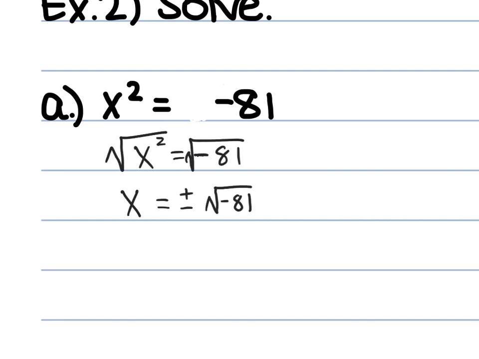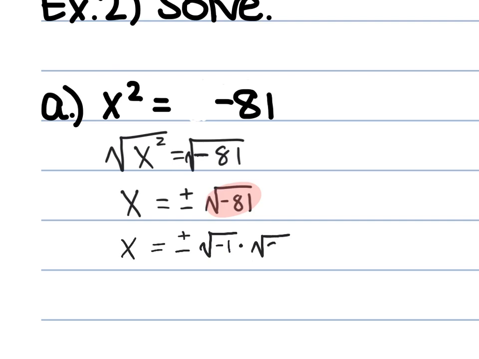Now remember, this is the part that we learned to deal with today. Good. So we've got plus or minus, we are going to split it up into the square root of negative 1